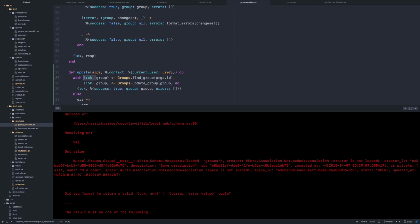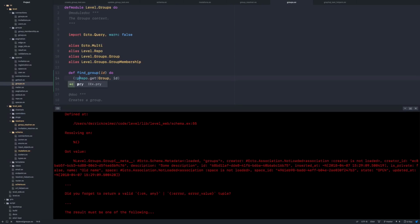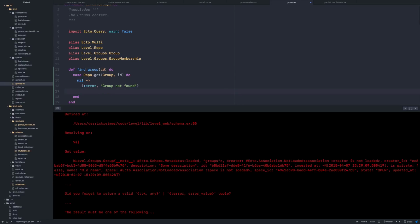Yeah, so find group doesn't actually return a tuple. But don't we want it to? Oh, yeah, good point. So if this is nil, then I need to return an error. Do you want a case here? Or pattern match, I mean? Yeah. So if it's nil, then we want error, group not found. Otherwise...